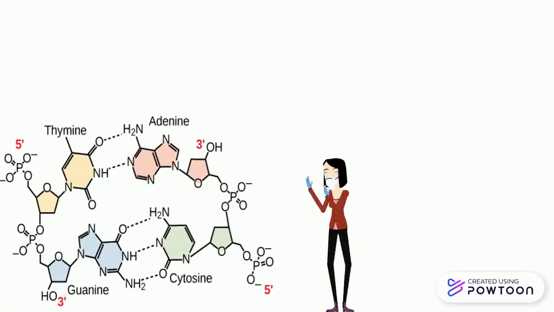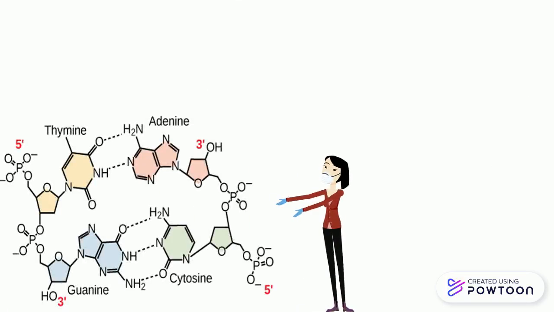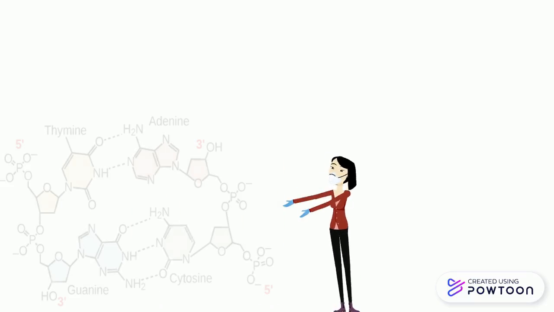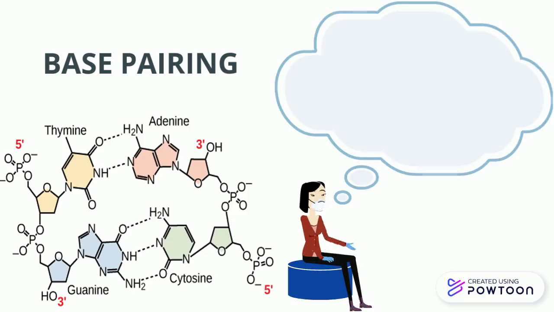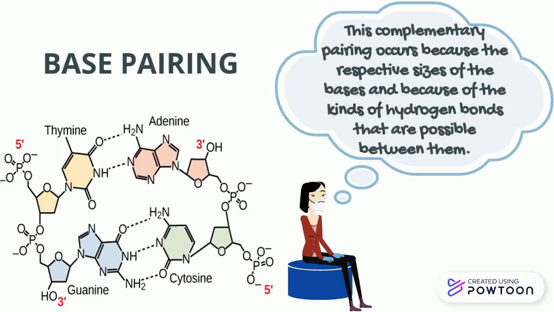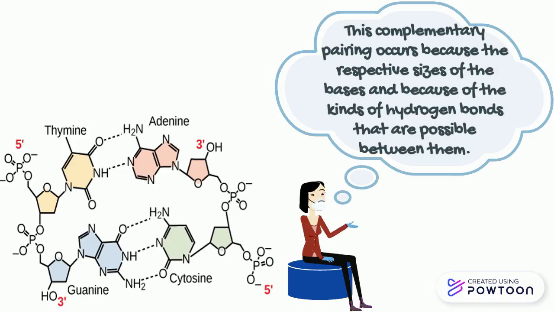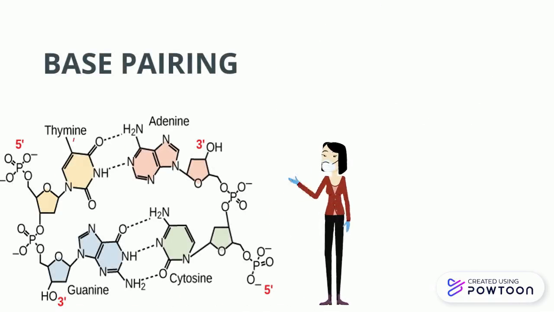The purines on one strand of DNA form hydrogen bonds with the corresponding pyrimidines on the opposite strand of DNA, and vice versa, to hold the 2 strands together. Within DNA molecules, this is their most important function, and it is known as base pairing. This complementary pairing occurs because of the respective sizes of the bases and because of the kind of hydrogen bonds that are possible between them. It means that adenine pairs with thymine with 2 hydrogen bonds, while guanine pairs with cytosine